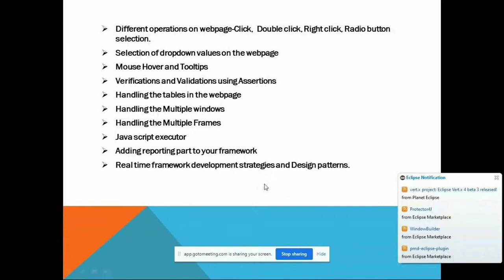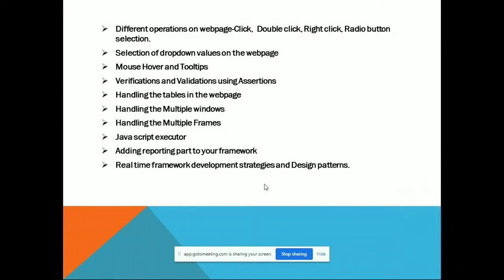These are what we are going to discuss, and how we send data to the application, how we perform drop-down operations, how we do mouse over actions. So the basic Selenium operations we perform are drop down, handling tables, multiple windows, multiple frames, and JavaScript executor, and how to write your own framework, adding reporting to your framework.